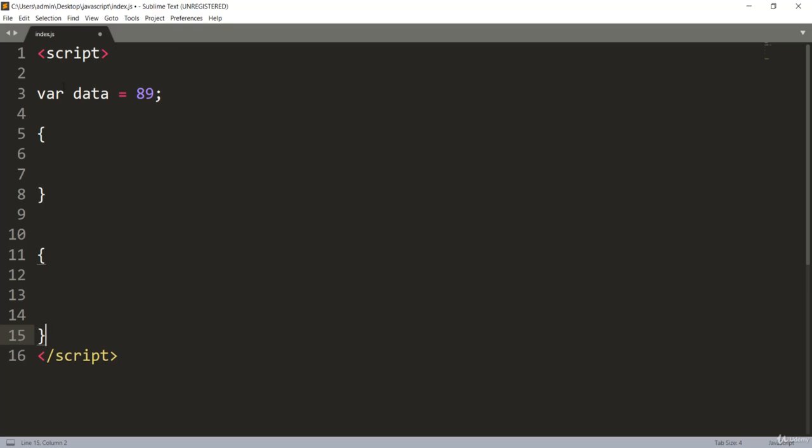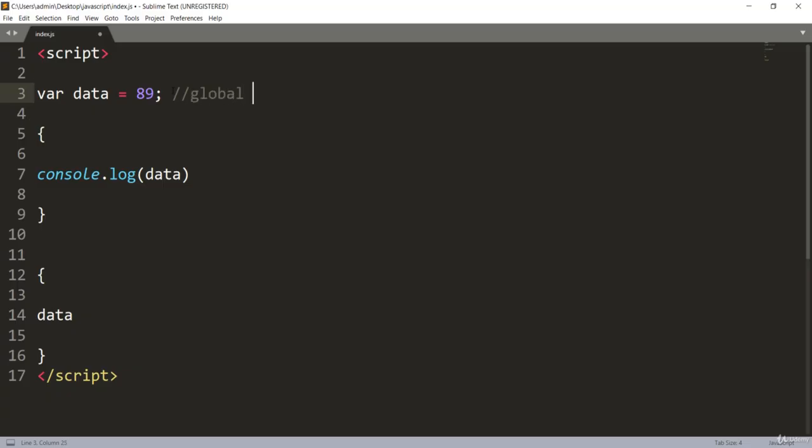If you create this variable data outside of this scope, that means this variable will be visible over here too. So you can console.log your data over here, and similarly this data will also be visible inside this other block. That means this data variable is your global variable.